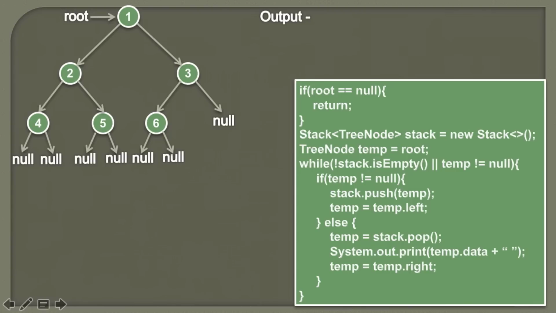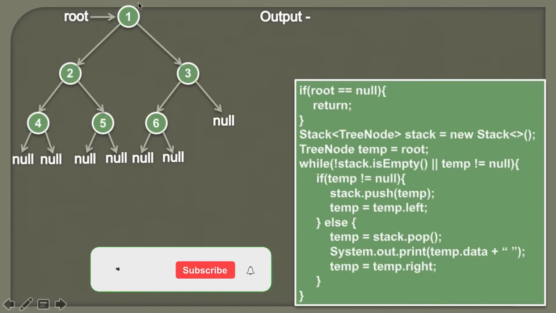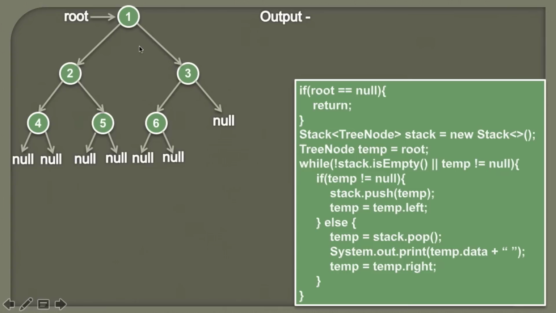So friends, in my previous tutorial, we discussed the recursive in order tree traversal. The steps involved in in order tree traversal are as follows: before visiting any particular node, we first visit its left subtree, then we actually visit the node, and then we visit its right subtree. And these steps are applied over each and every node. So if we apply in order tree traversal over this tree, then before visiting the node 1, we have to traverse its left subtree, then visit the node, and after visiting the node we have to traverse its right subtree.